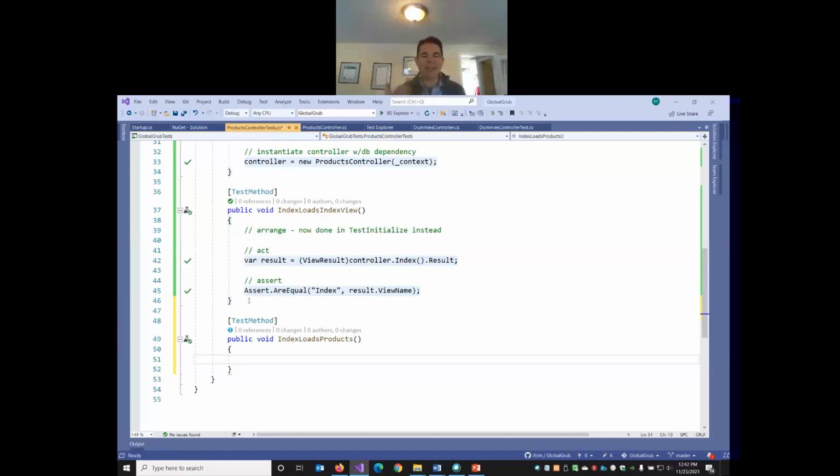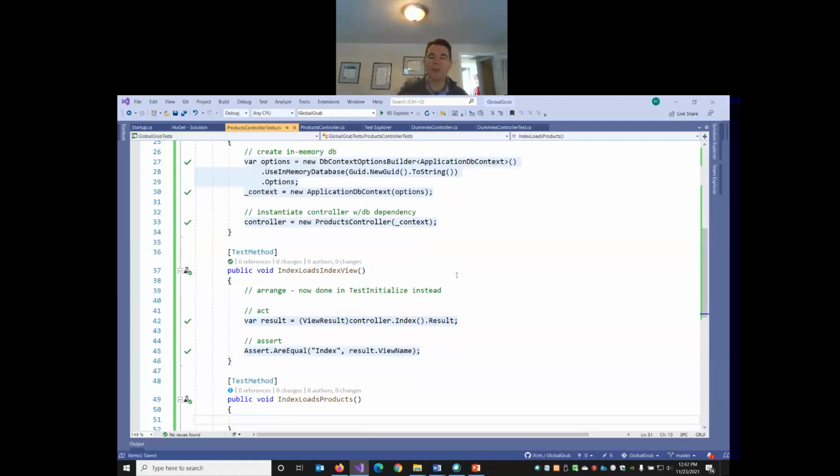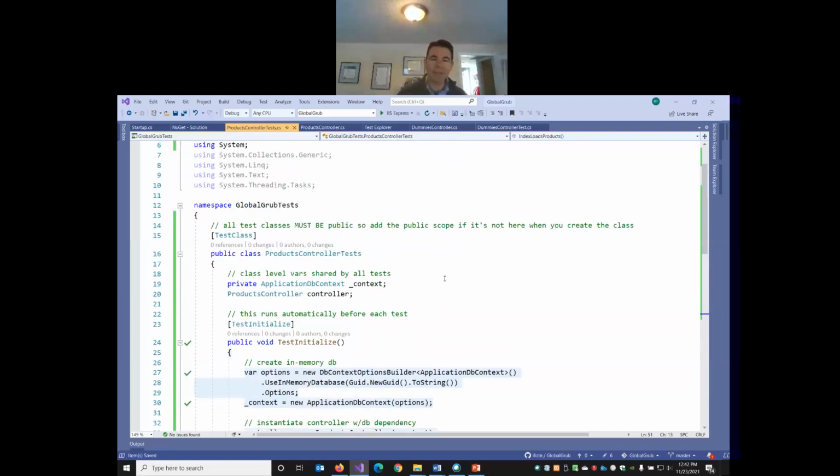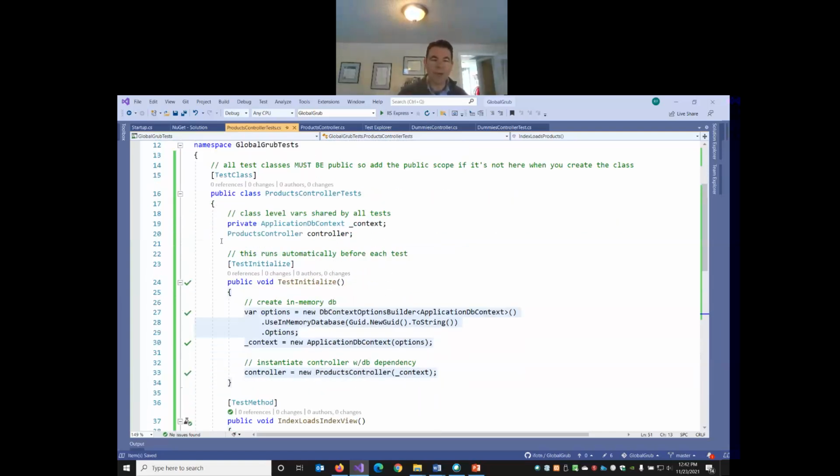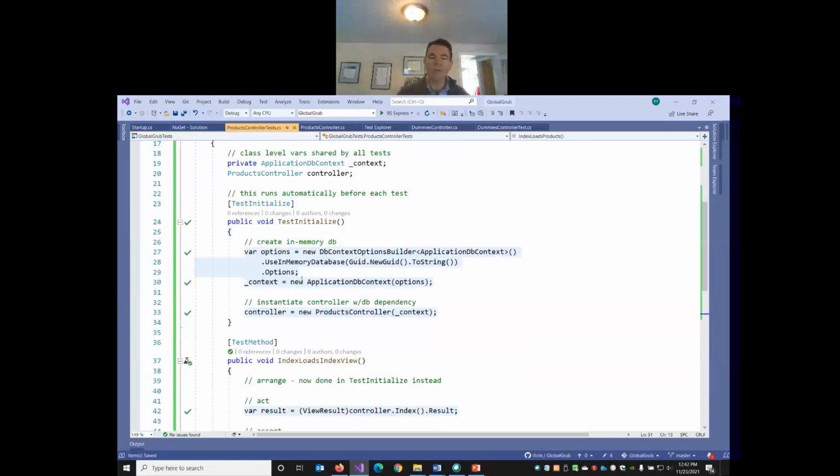Again, we're not going to need any arrange here. We're just going to need to act and assert. But in order to do this, we now have to create some data. We need to create a list of products that we can use. And we're going to need that fake list for our other unit tests too. So we have a database. We're creating a database here, but there's nothing in it. So we need to populate